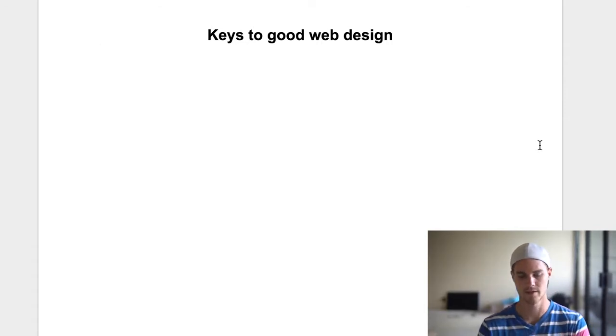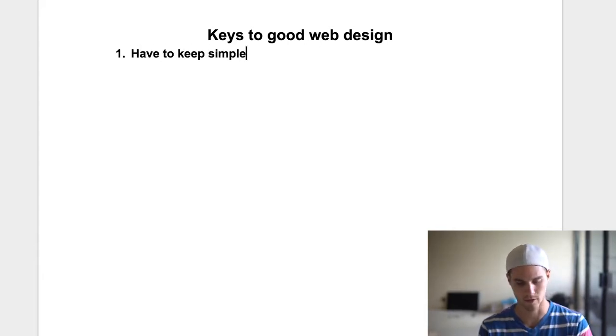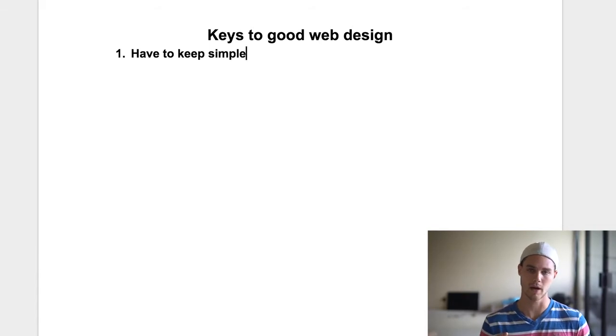Number one, and this is absolutely key, is that you have to keep it simple, okay? So many people try to overcomplicate a simple thing, but think about any website that you see, okay? Say like Nike.com, UnderArmour.com, Amazon.com, all these sites are very simple, and there's a reason that they're simple, because people like simplicity. People want to be able to follow a certain path to be able to get a goal, which,